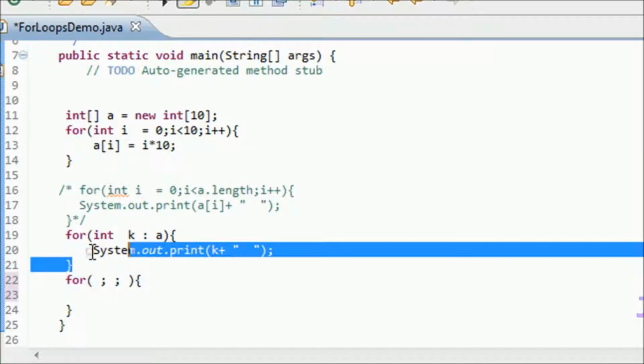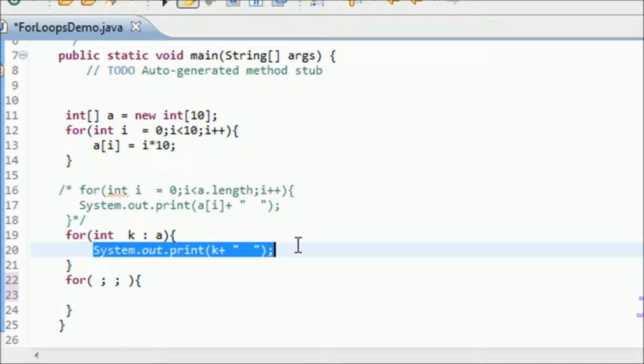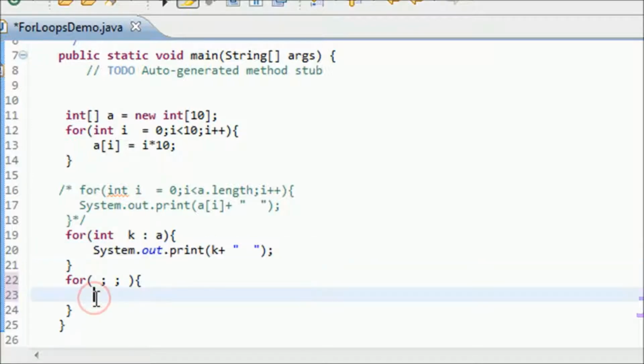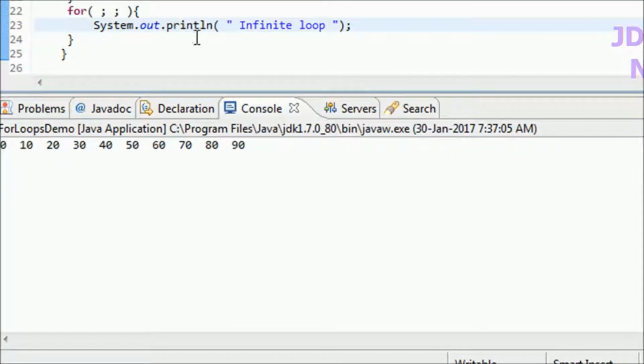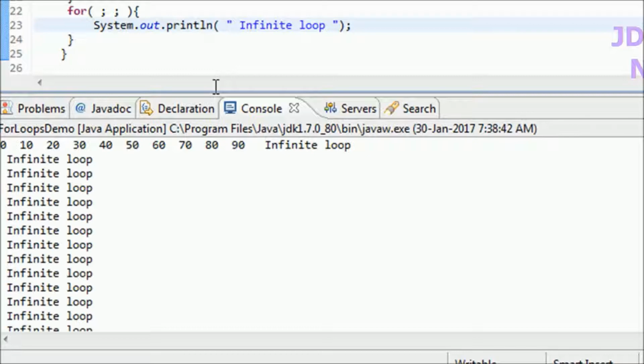So if it is always true, then the condition never fails, so it leads to an infinite loop. I am printing some string, and I am going to print this string an infinite number of times. See, this is printing continuously.